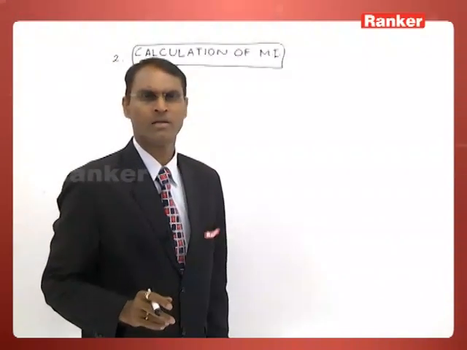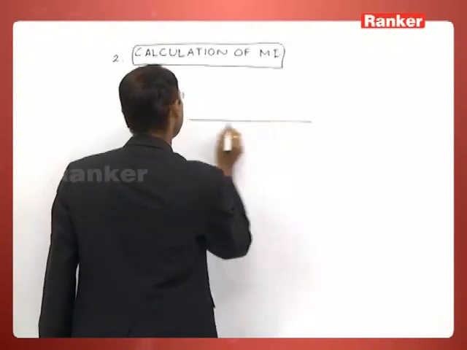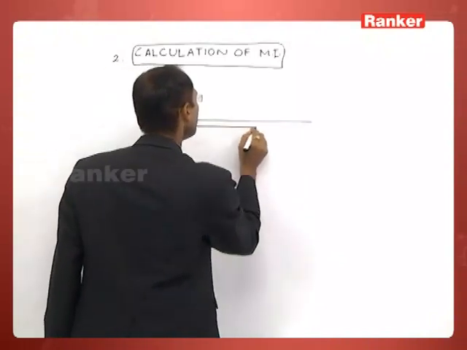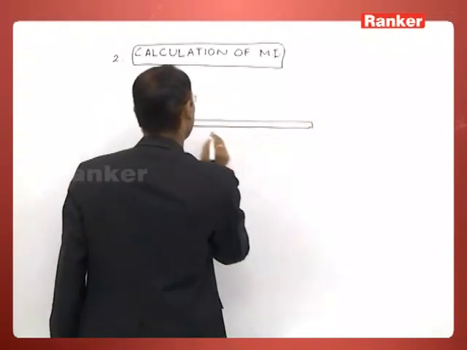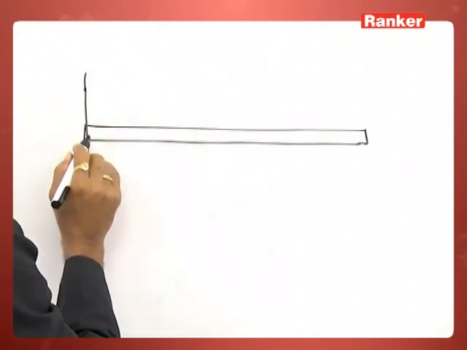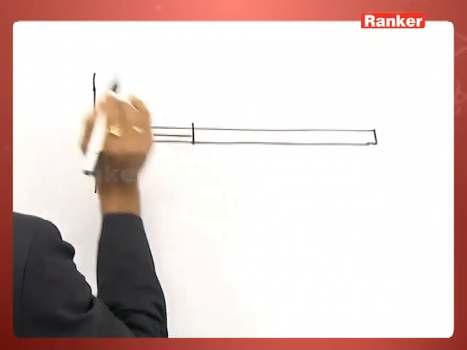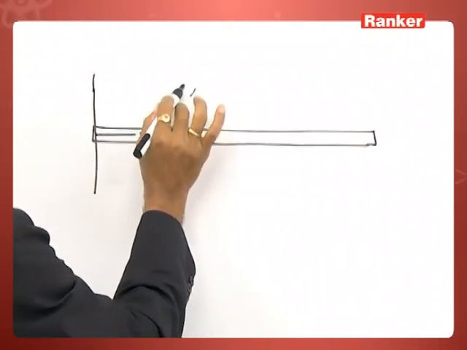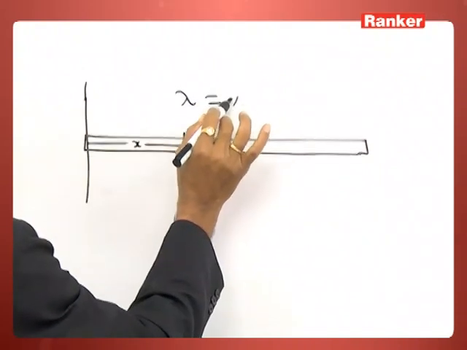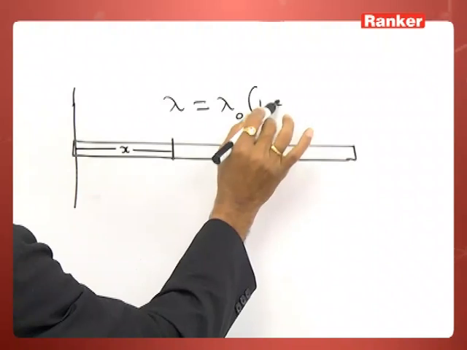Let us take the non-uniform rod whose density varies with respect to the length along the x direction. Along x, let its linear mass density vary linearly,